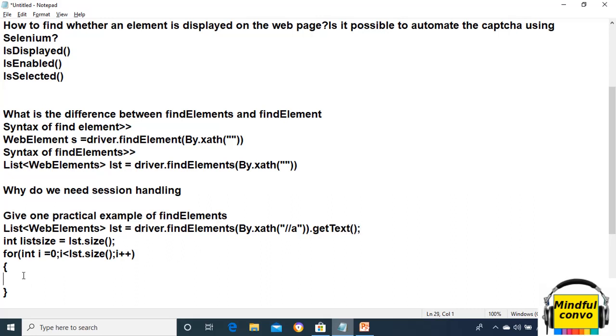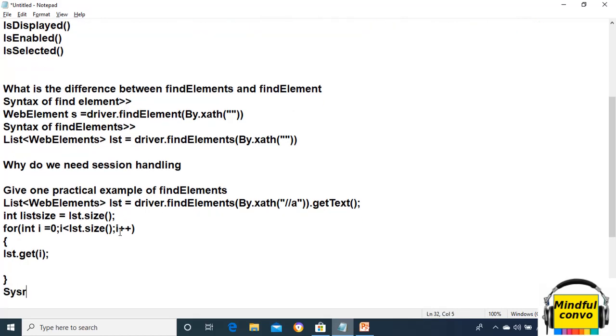Okay, so when we are iterating, we need to write the loop, then we can sys out the list, either the list, or if we want to sys out this list.getI, then we need to take it in some string variable, let's say links, and then paste this link in this.